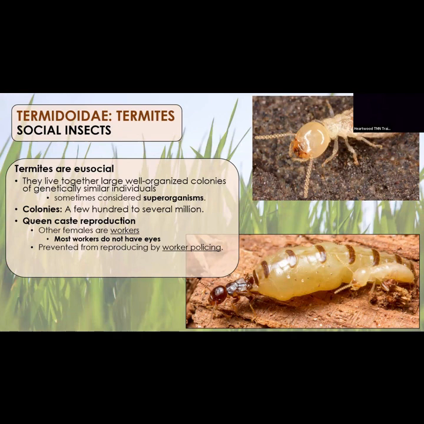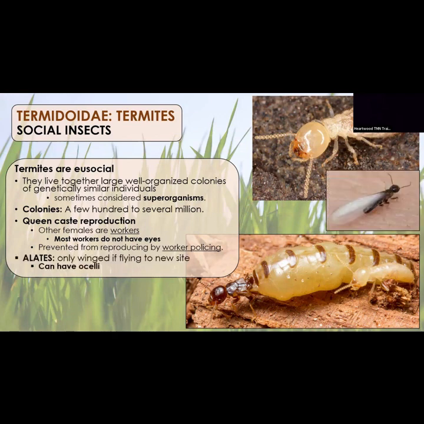So most workers don't have eyes. The queen lays the eggs, the workers take care of the eggs. Just like ants and bees, it's the same, right? It's all to take care of the queen and provide for the next generation. And the other females are often sterile because the queen needs to be the one reproducing. Their colonies don't last as long as fire ant colonies may. It kind of just depends on the queen, but some ant colonies can last a long time. Termite colonies are ideally more short-lived, but if they keep producing queens, the colony keeps going, right?